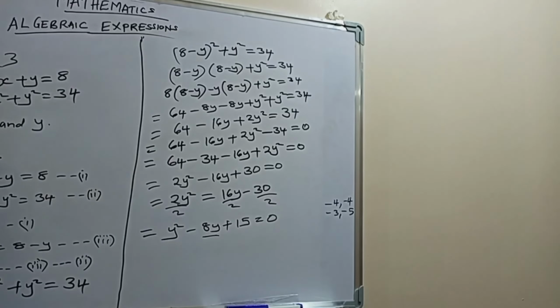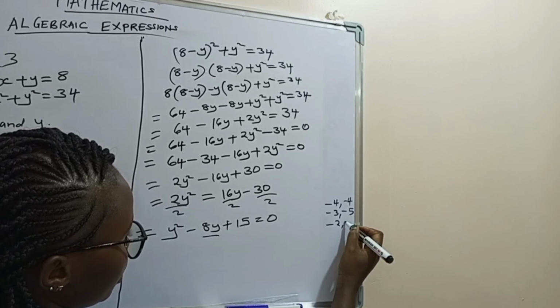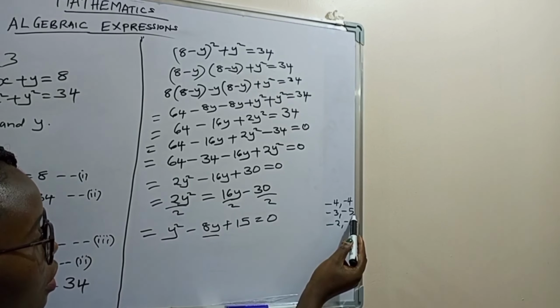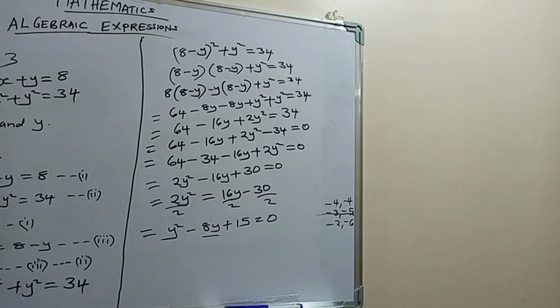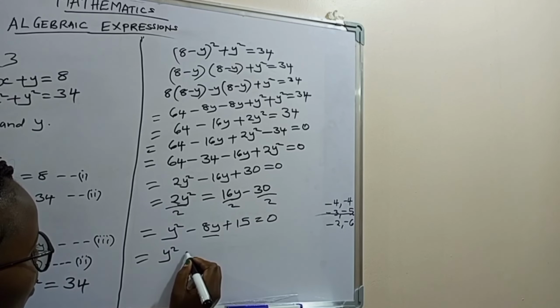We also have -2 and -6. But since we have 15 around here, I will pick the -3 and -5 factors. So it's y squared minus